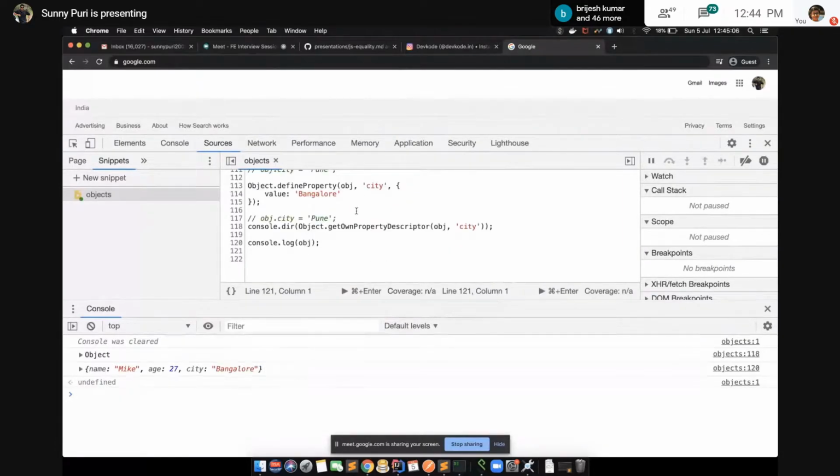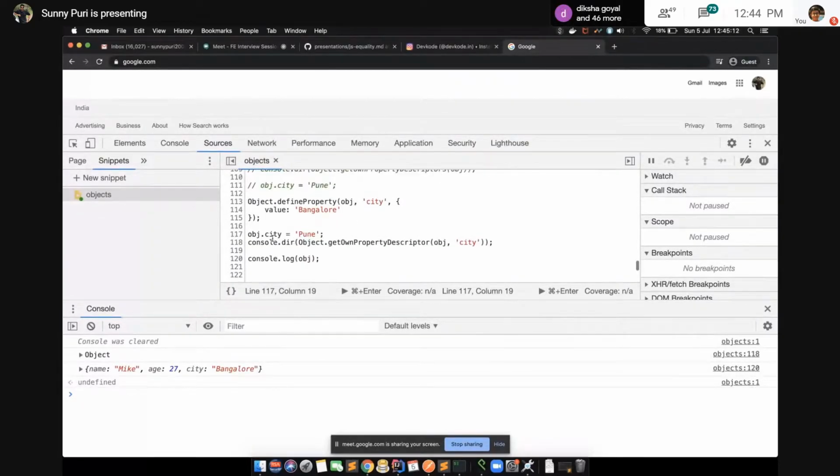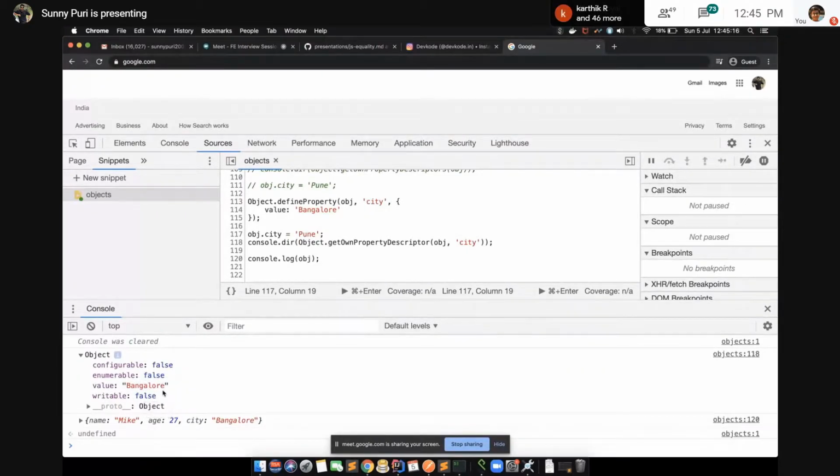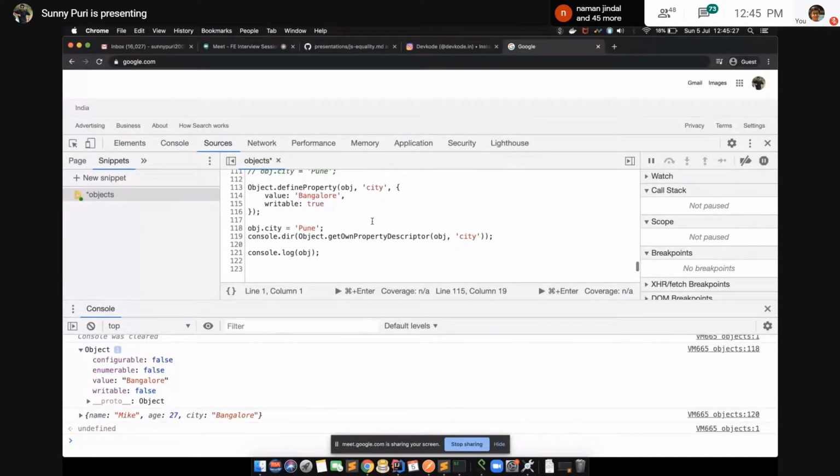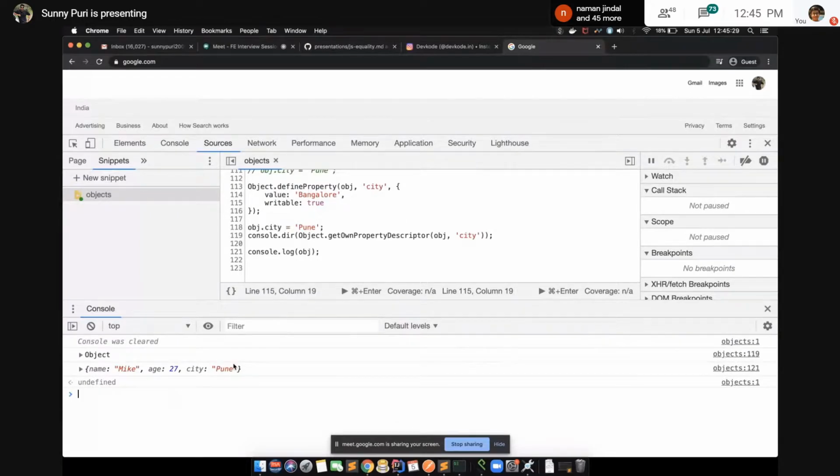Right now Bangalore is coming. Still, are we able to update the city property? No, because the writable property is still false right now. How can we make it writable? Writable true. If you see, now we are able to update this.